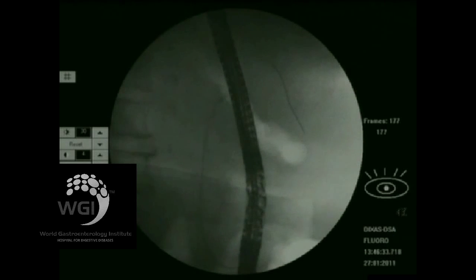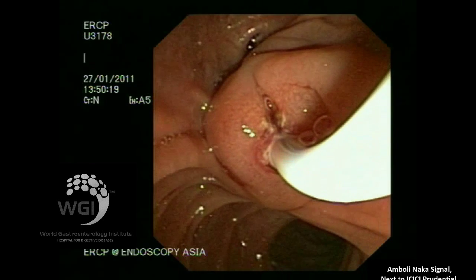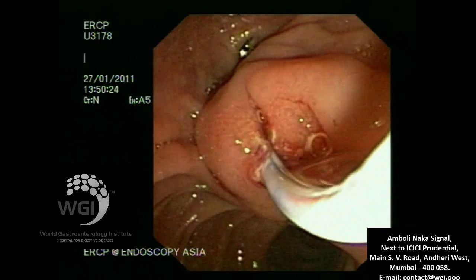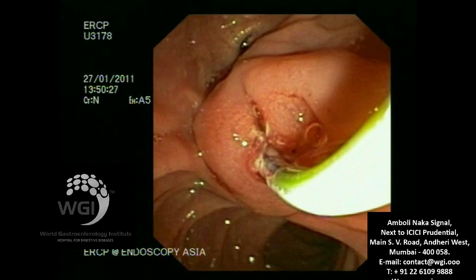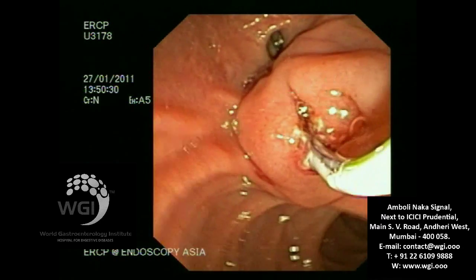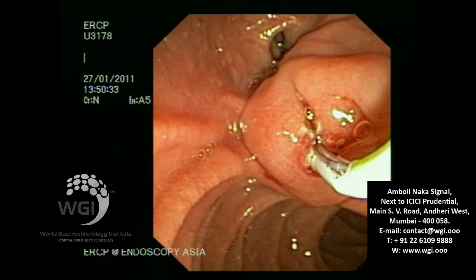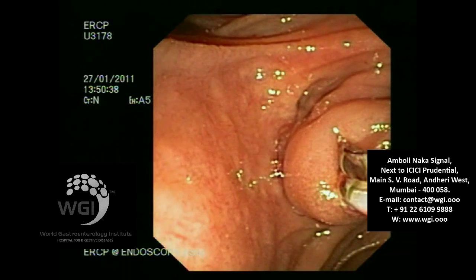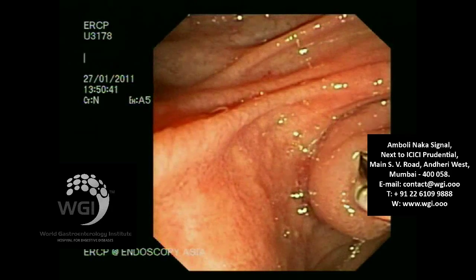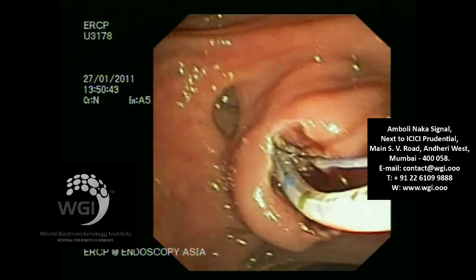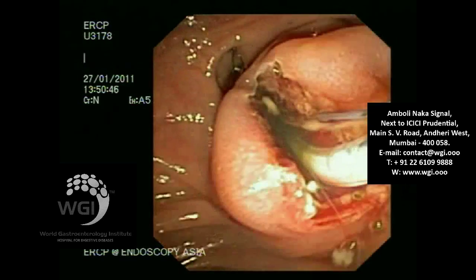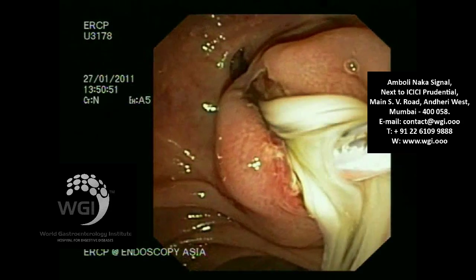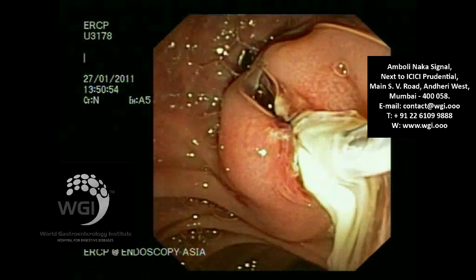We have placed the wire deep into the system, and as I had mentioned, we already have a very good EUS cholangiogram. Our wire is deep into the biliary system. We'll now extend the biliary sphincterotomy a little bit, as you can see here. This is the formal biliary sphincterotomy after a proper needle knife. So this extension is important. You can see a sudden gush of infected purulent bile and frank pus. So once this is achieved,